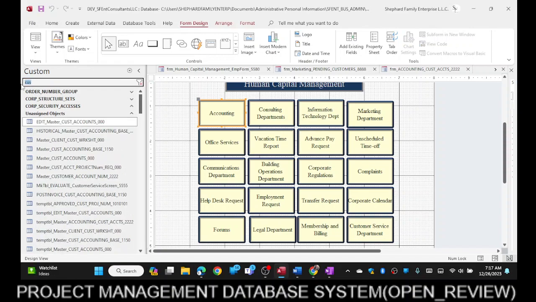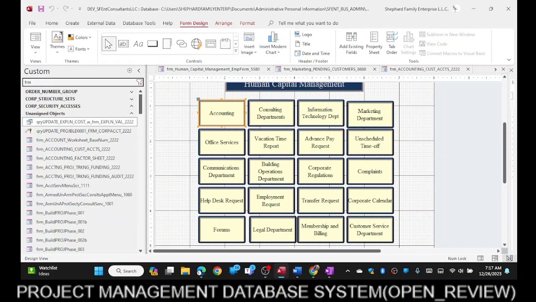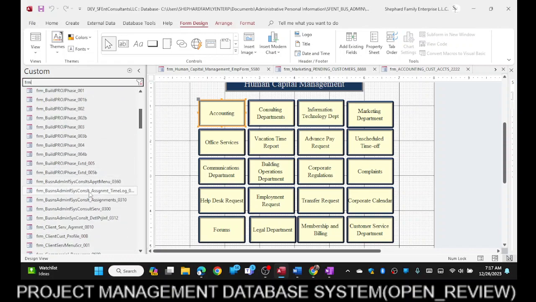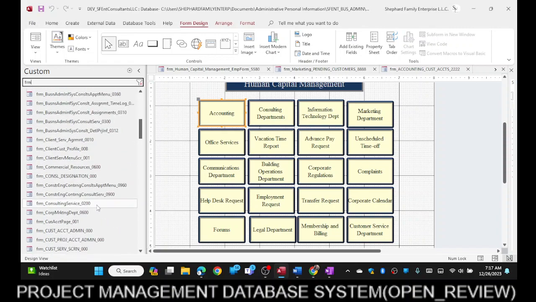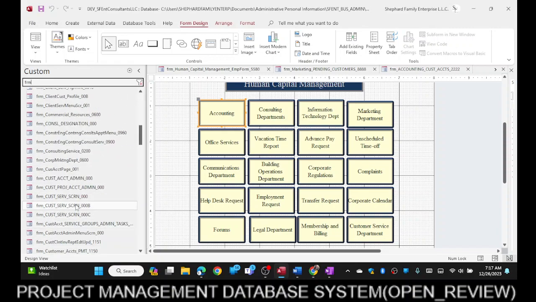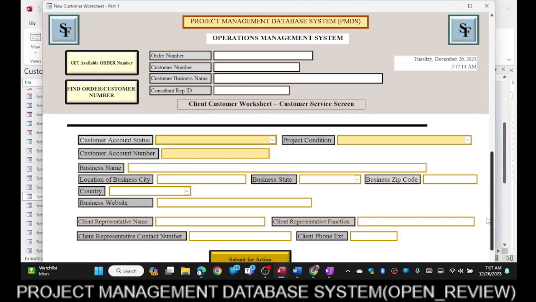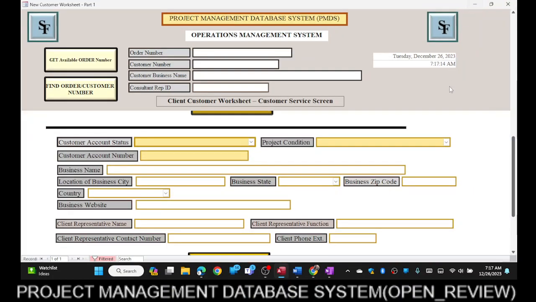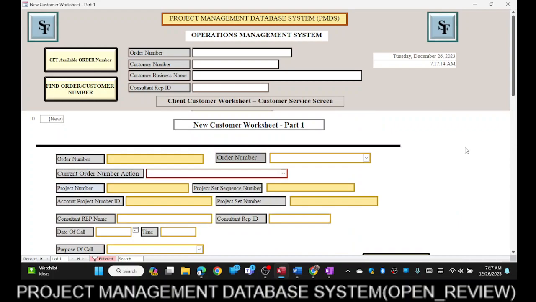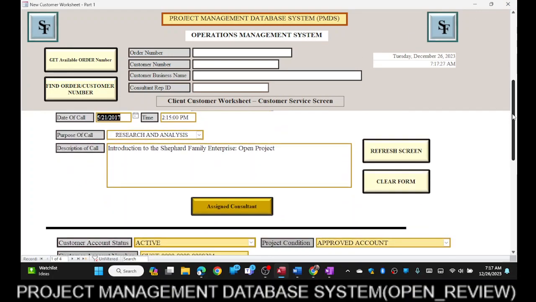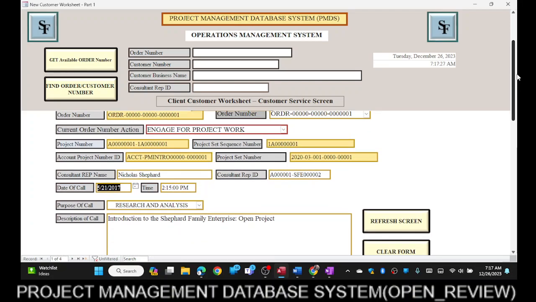Let me go down to the customer form. Okay, which is this form here. This form here is how we go about gathering all the necessary information. Like I said, you can go back to some of the training documentation, but I'll briefly go over this with you. What happens is that all this information is entered once a customer contacts us